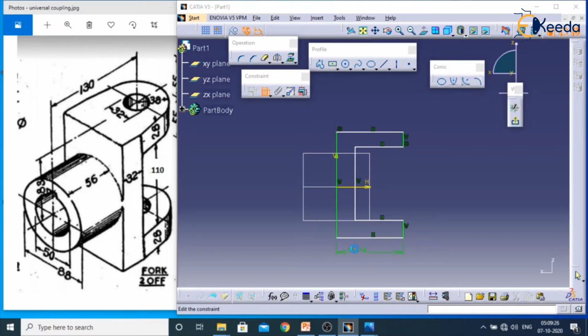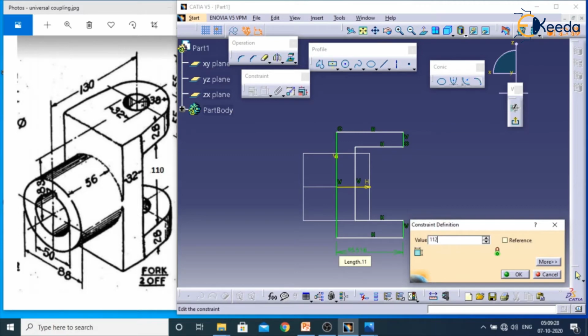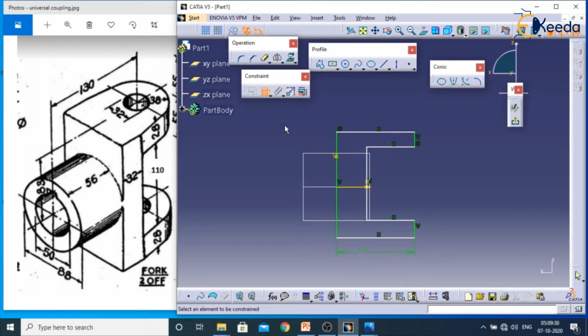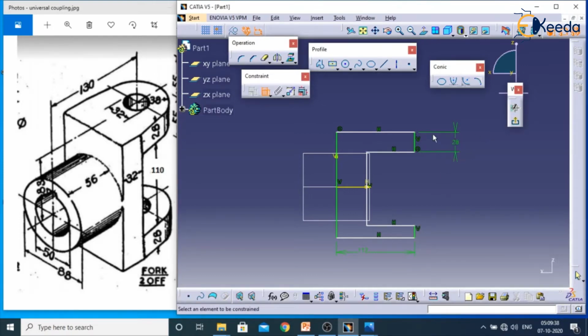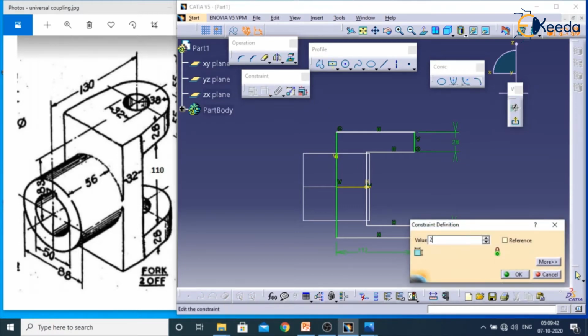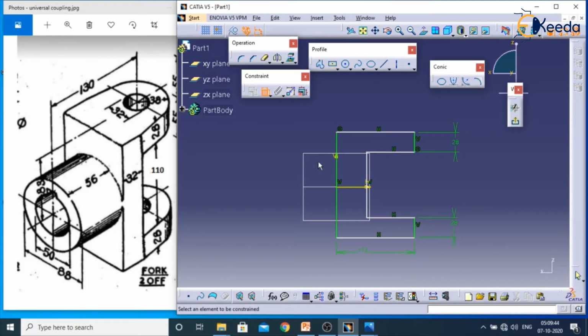So double click on this. This should be around 28. And this width is 32.